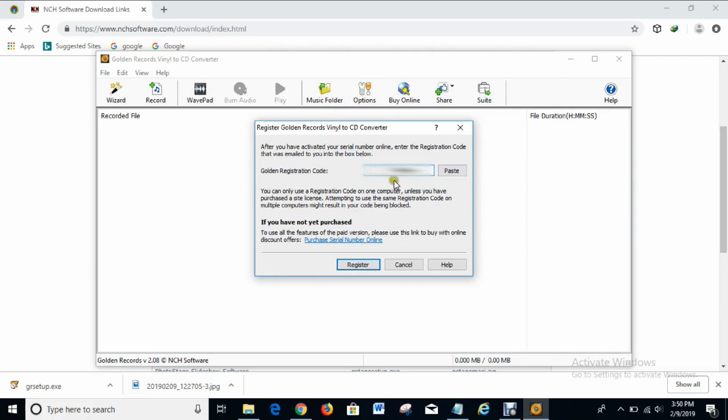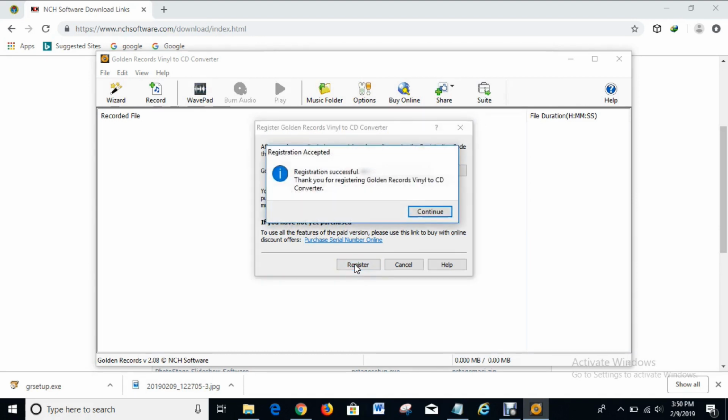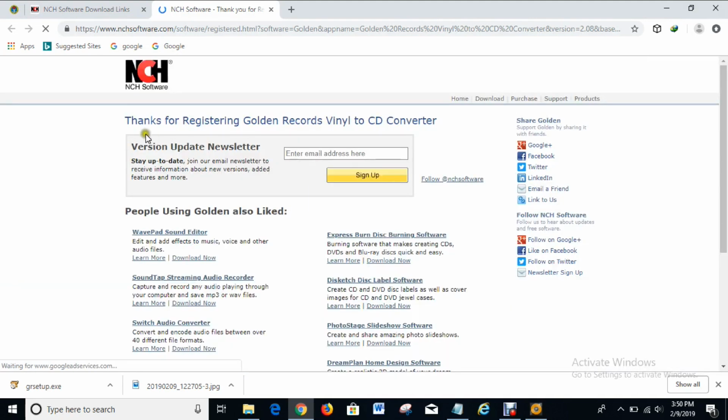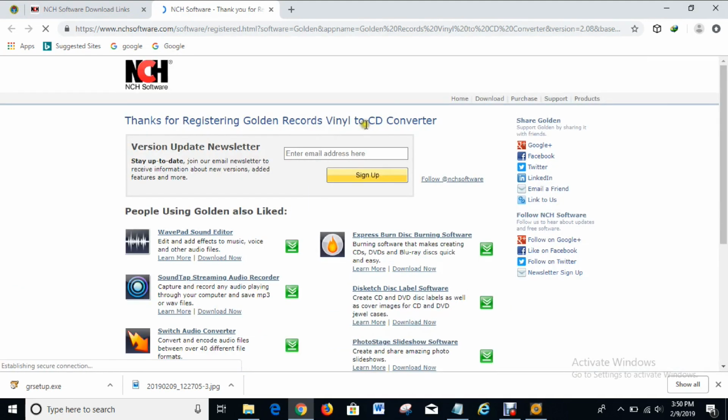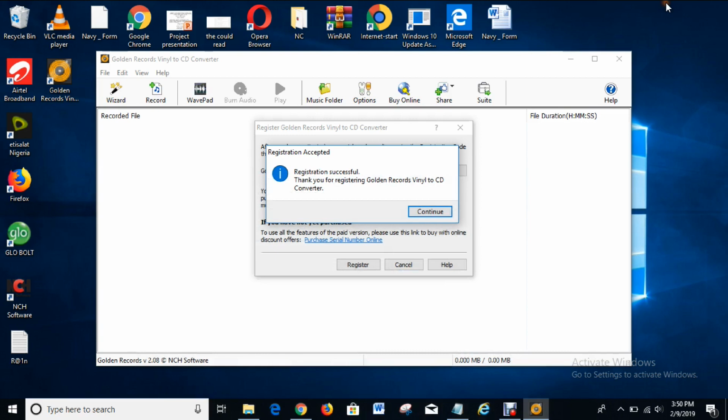And when you've pasted it in, what you have to do next is to click on register, and the registration is successful. So let's see. Okay, thanks for registering Golden Records vinyl to CD converter. So the software is registered,